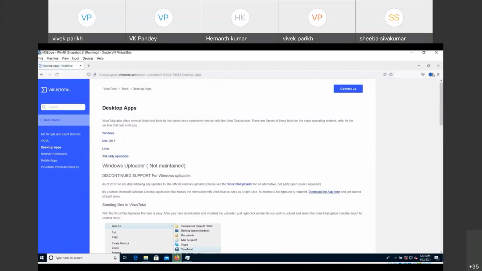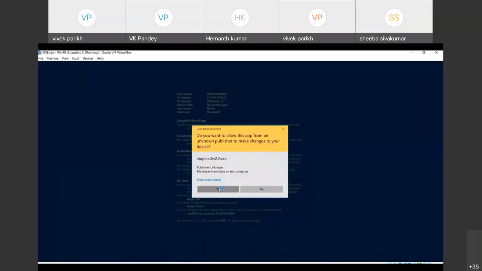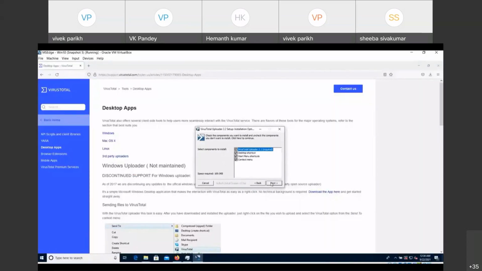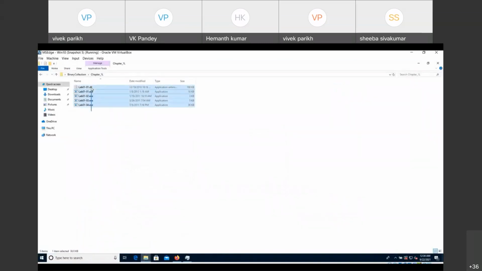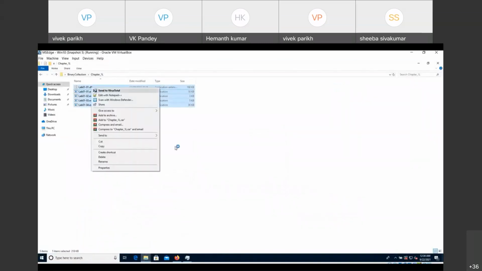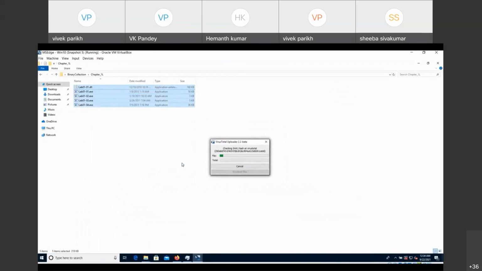So this is VT Uploader. This is just a desktop tool which is used for analyzing any binary. You just install it. After installing, you go to a folder where executables are present and you can select all of them and simply send to VirusTotal. As easy as that.